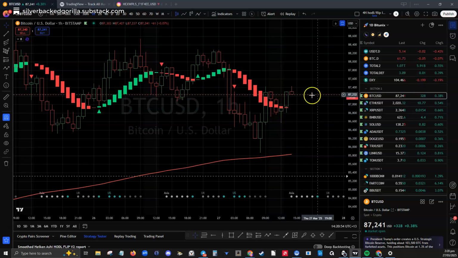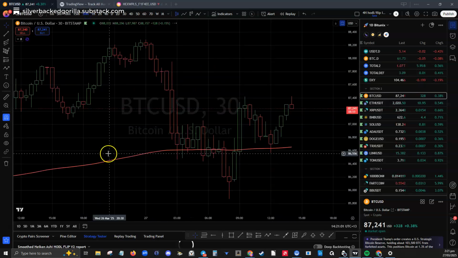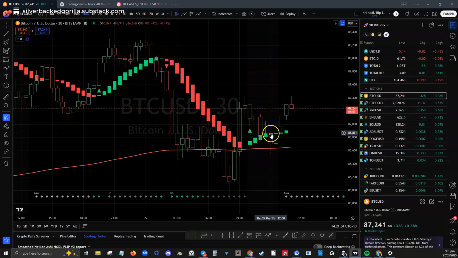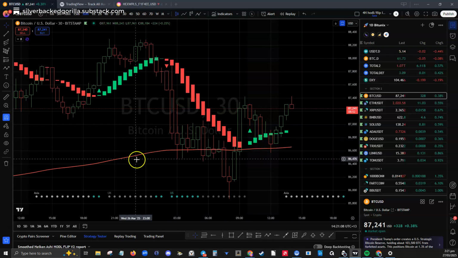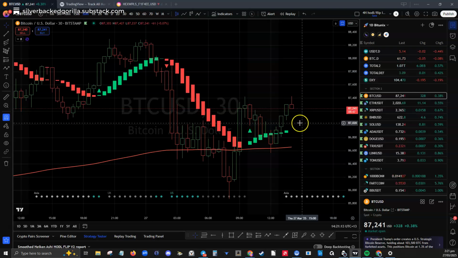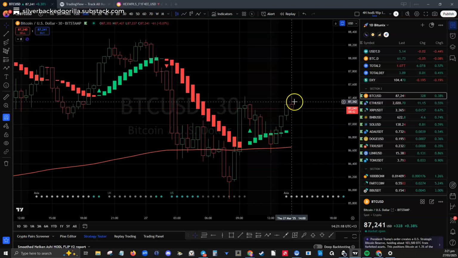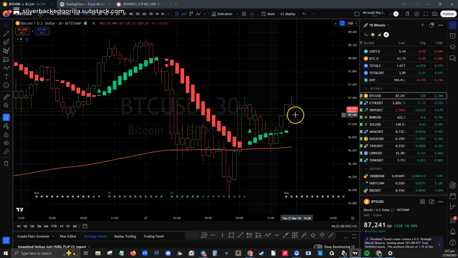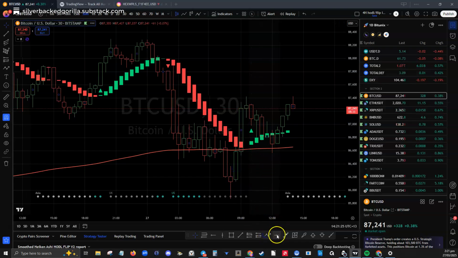Okay, so at the minute we are in a downtrend. If you want, you can drop down to the 30-minute candles and you can see it came up, changed to a new trend, and bounced here. This is off the 200 moving average, and it has bounced up and is about to possibly come down again. That candle has 9 minutes to go, and with the wick up the top there, it's more likely we're going to see something like